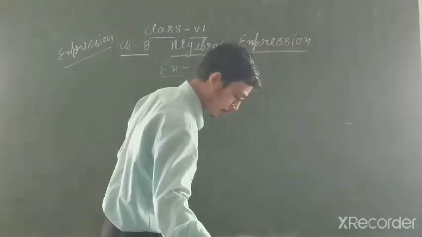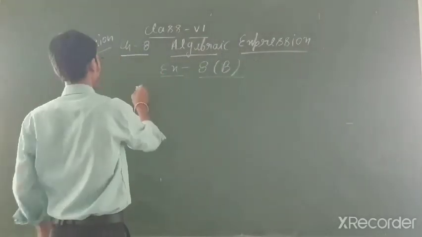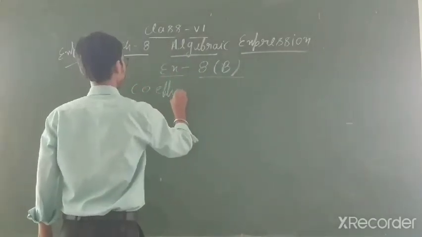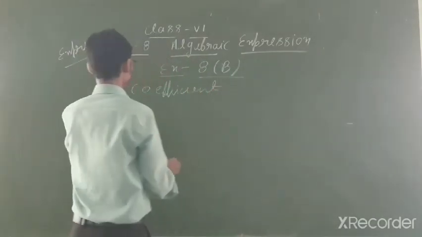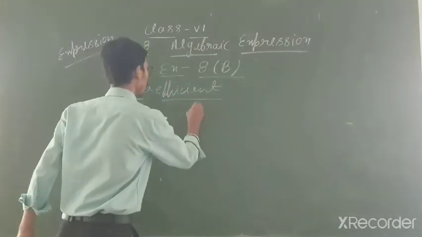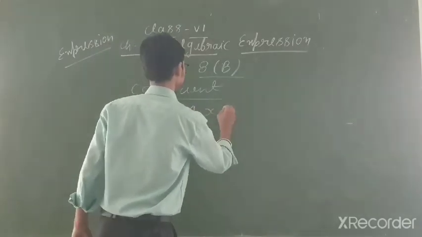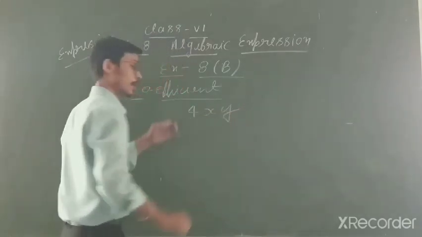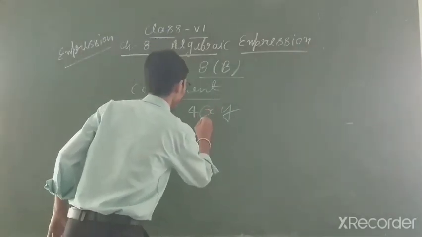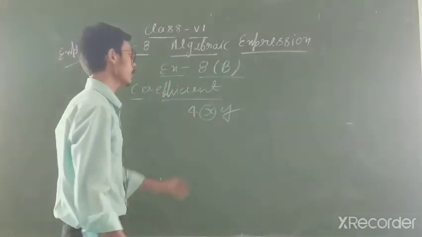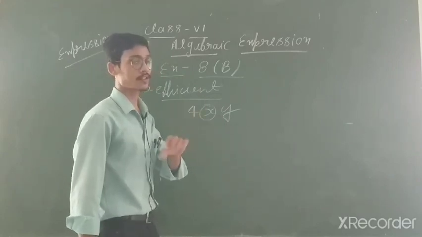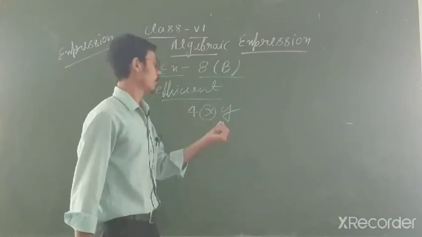Now I am going to explain question number 4. Write the coefficient of. Now what is coefficient, student? First I will explain what is coefficient, because this is a different thing. It is not mentioned in NCERT. Okay, so now come to coefficient. Let's say I am writing 4xy. Clear, student? So coefficient means, student, if I want to know the coefficient of x, what is the meaning of this? You have to treat the other digits or the other variables as constant, except the one whose coefficient you have to find out.